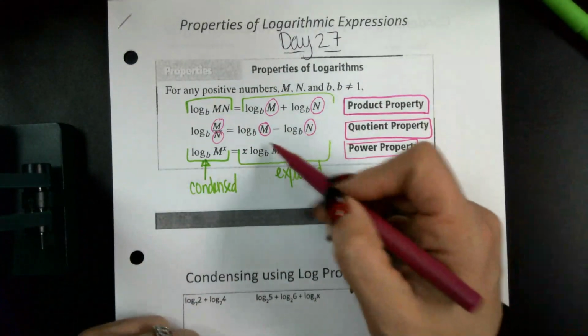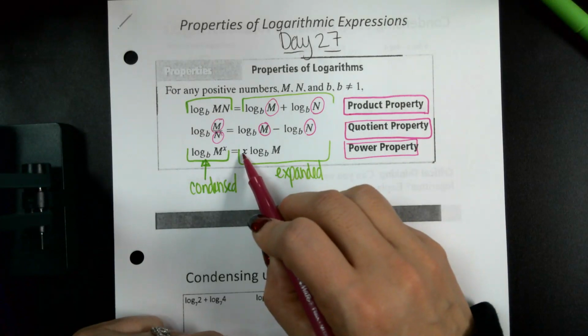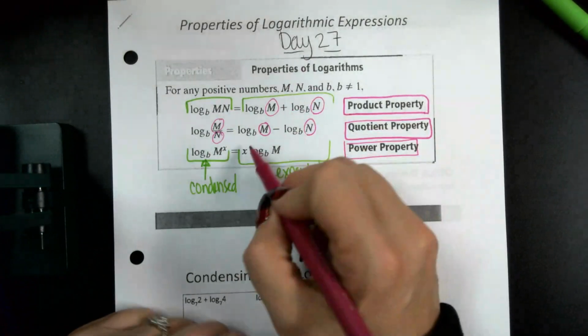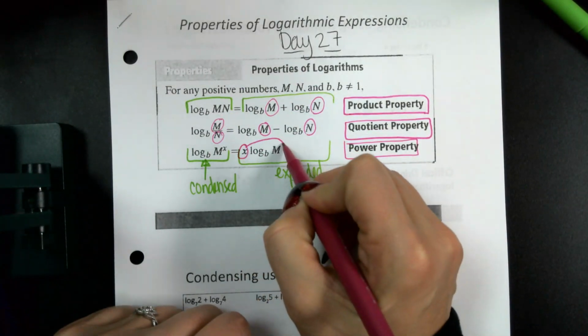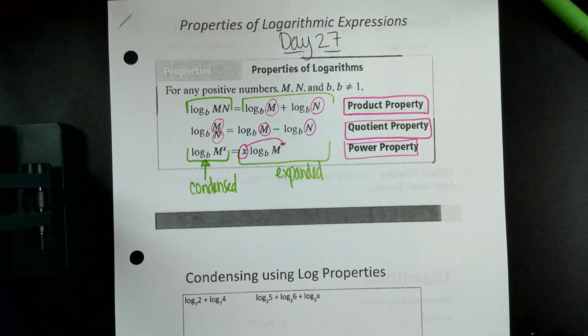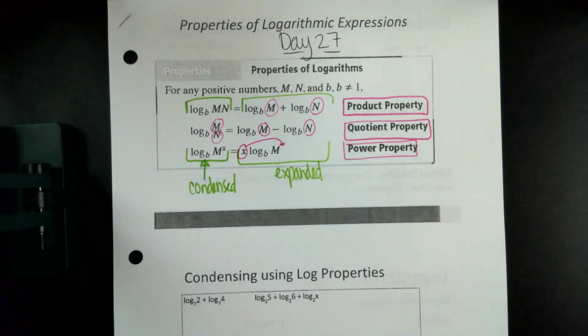Just like if you had expanded and you see a number out front, when you go to condense it, all you do is you take this number and make it the exponent of whatever we were finding the log of. Okay, so this entire lesson is all about condensing and expanding. You won't need a calculator at all. I am going to give you